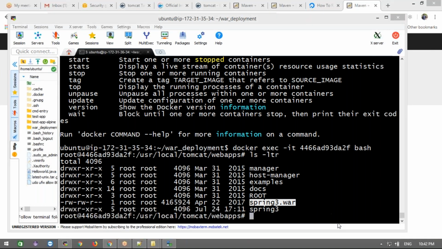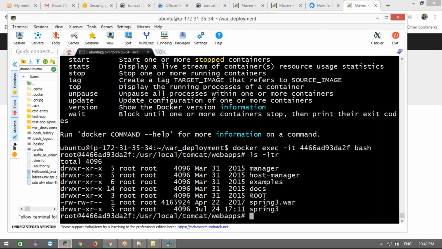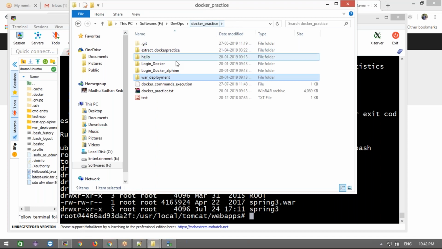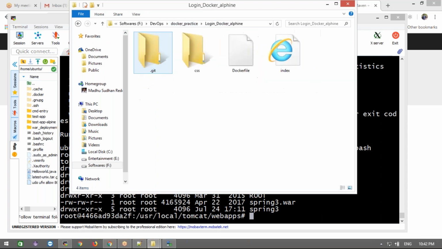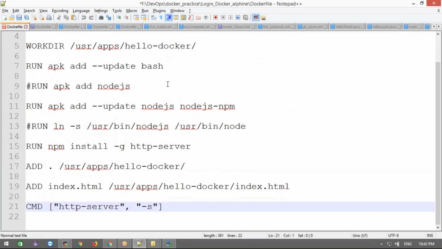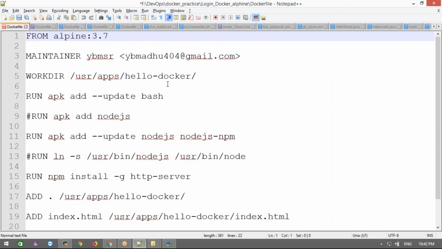Almost late today. Sorry, I have taken extra time. Clear guys, today's topic? And tomorrow what we are going to do is write one more Docker file, a custom Docker file, with a little bit of extra things. This is a real-time kind of source code, like a Node.js application, index.html files.